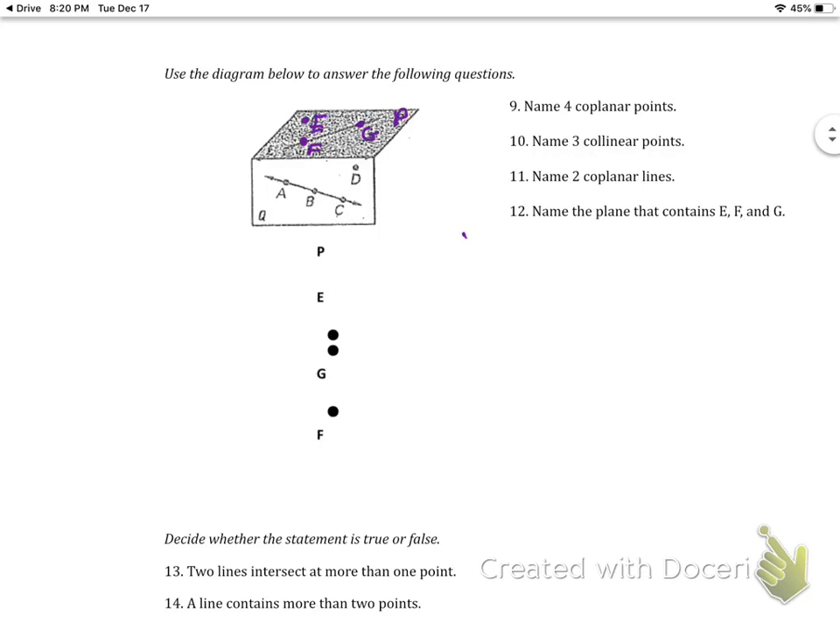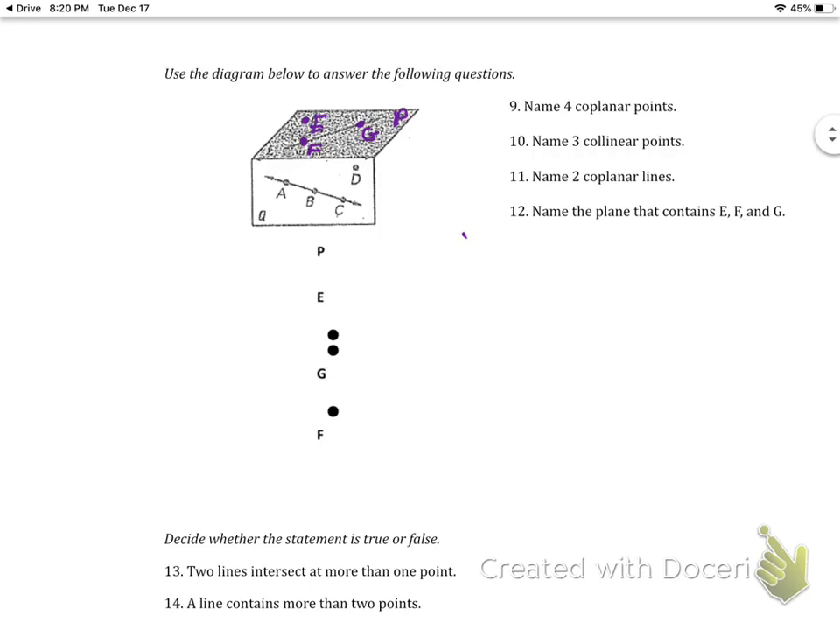Okay, so we want to name 4 coplanar points. So 4 points on the same plane. Well, if you look at the top shaded gray plane, we only actually have 3 points on that. P is the name of the plane, so it's not a point. But on the other plane, the white plane, we can see that we have 4 points, and those points would